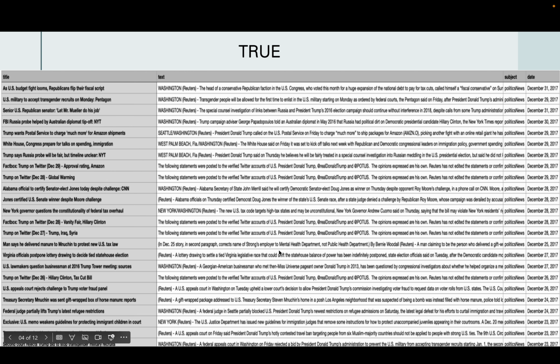This is a sample of the dataset which we used. This is from the true CSV file, so this contains all the true articles. From this, you can see the news text isn't that long. So it just conveys that the news is very precise and goes to the point which the news is trying to convey to the users.